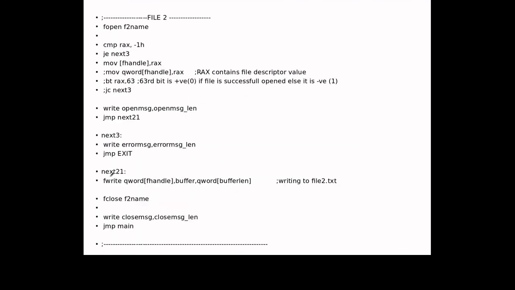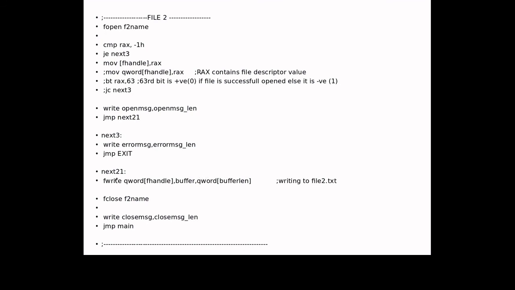See, so call the fwrite macro. See here the file handle, in this file 2 we are writing, then buffer, the content of the first file in this memory buffer, and the buffer length contains the count of that content of first file.